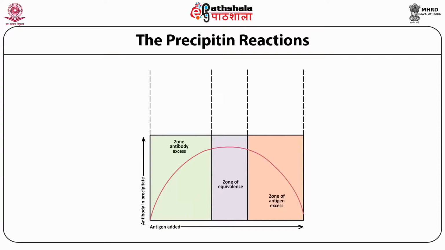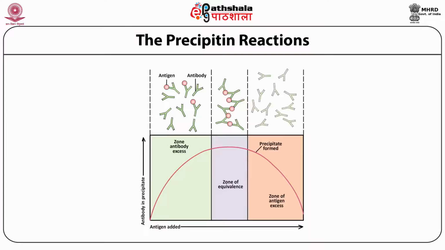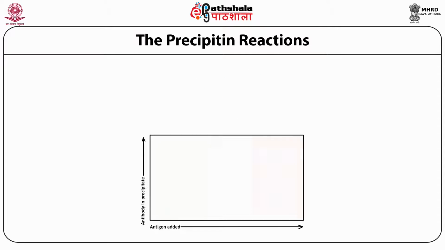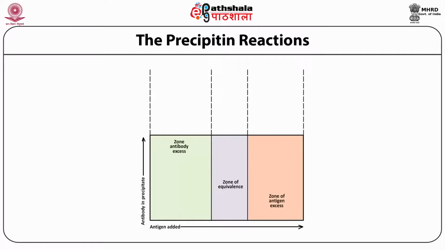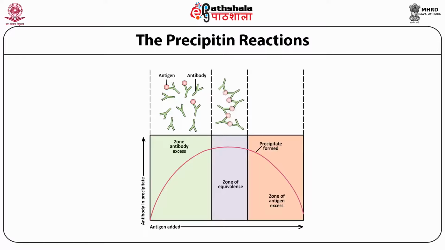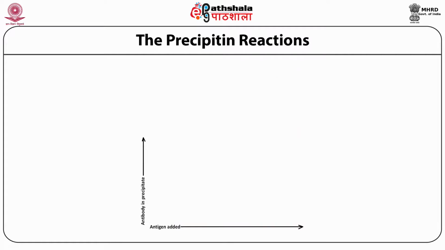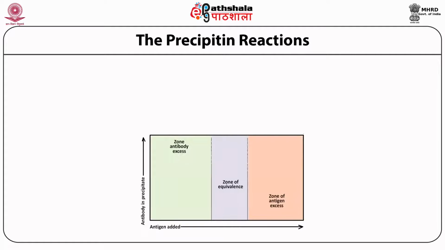In this equivalence zone, most of the antigen and antibody molecules are part of this precipitin complex and do not exist free. Away from this zone of equivalence on both sides, initially when you start adding antigen, there is a